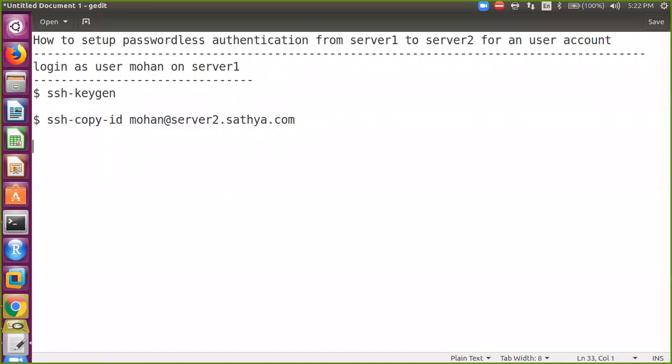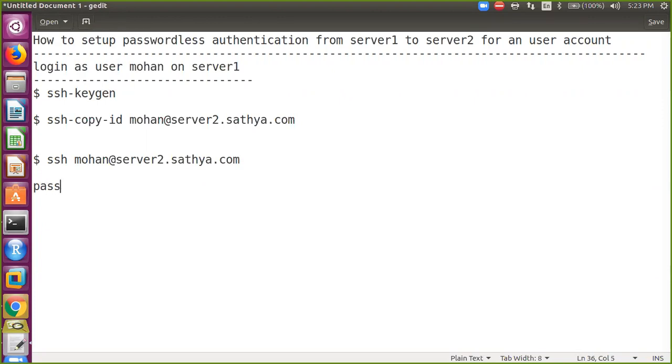After entering these 2 commands, try logging in as user Mohan on server 2. If you want to confirm whether you have set up passwordless authentication successfully, just enter ssh Mohan@server2.satya.com.